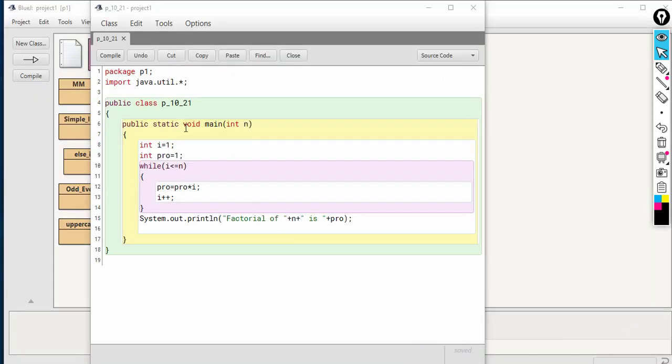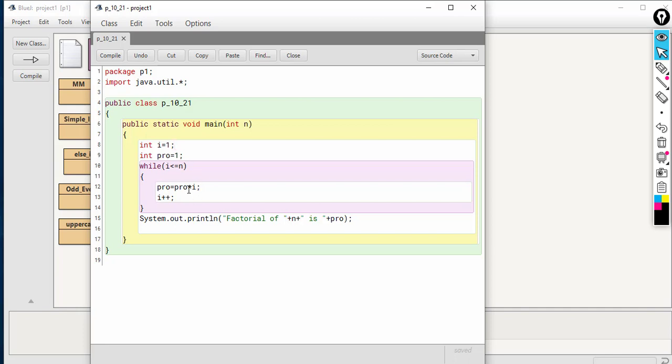Students, this is the program to print the factorial of a number. See here, we have declared n as the parameter of the main method. Then int I equal to 1, which is the statement to initialize the control variable I. Then we have another variable, pro, that we initialized with 1. Then we need to execute this while loop n times.